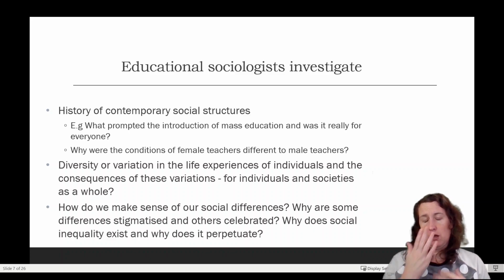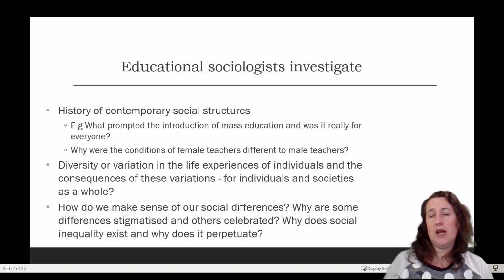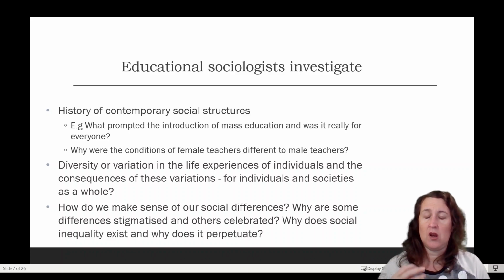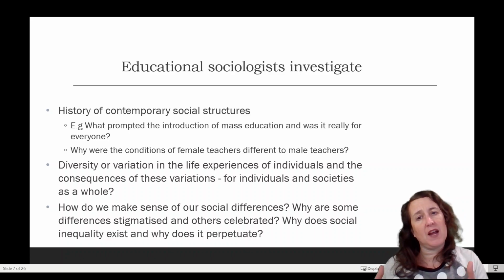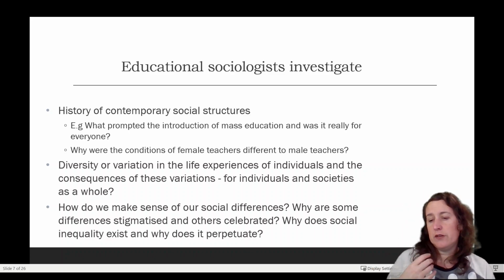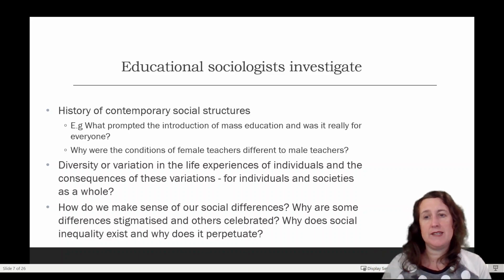So we might look at the way in which schooling suits some particular groups of people, and yet 1 in 4 students are feeling disengaged and not valued and not like they're going to succeed in the school system. So what are the implications for Australia as a whole if 25% of students don't succeed in school? What are the implications for that 25%?